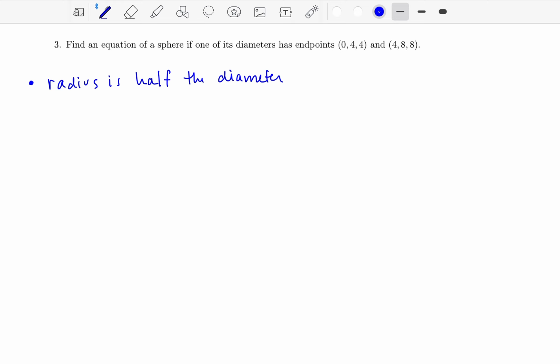The diameter is the distance between the 2 points, and I want half of that. So I just have to find the distance between the 2 points and divide it by 2. So the diameter is